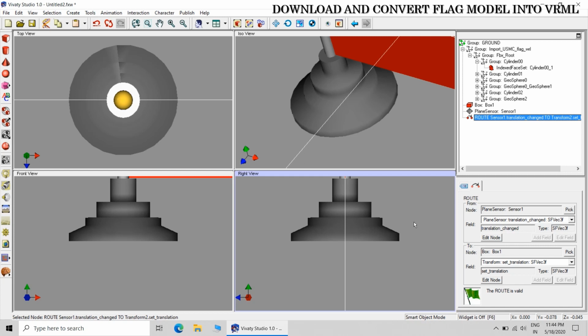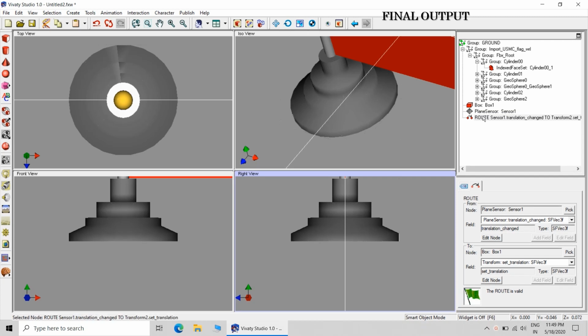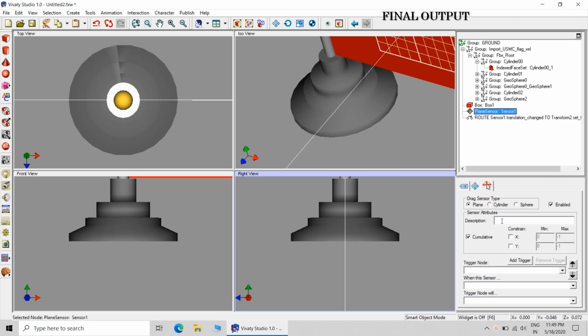Now the only thing which is remaining is the limits, x and y limits. So those limits I am putting. Uncheck the cumulative. On the x-axis I don't want any movement.